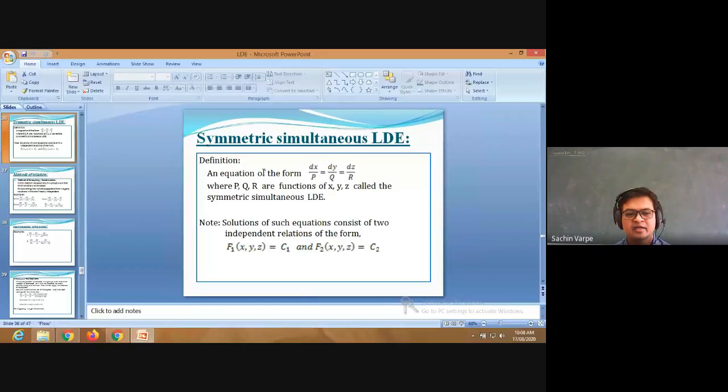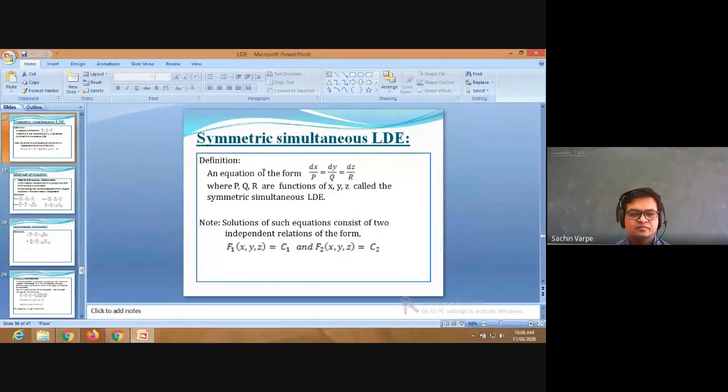If it is dependent, then that is of no use, because we know when some values or functions are multiples of each other, then their count we are considering to be 1, isn't it? So that is why we are trying to find the two linearly independent solutions. There are actually infinitely many such solutions, but out of those infinitely many, we need only two linearly independent, isn't it?